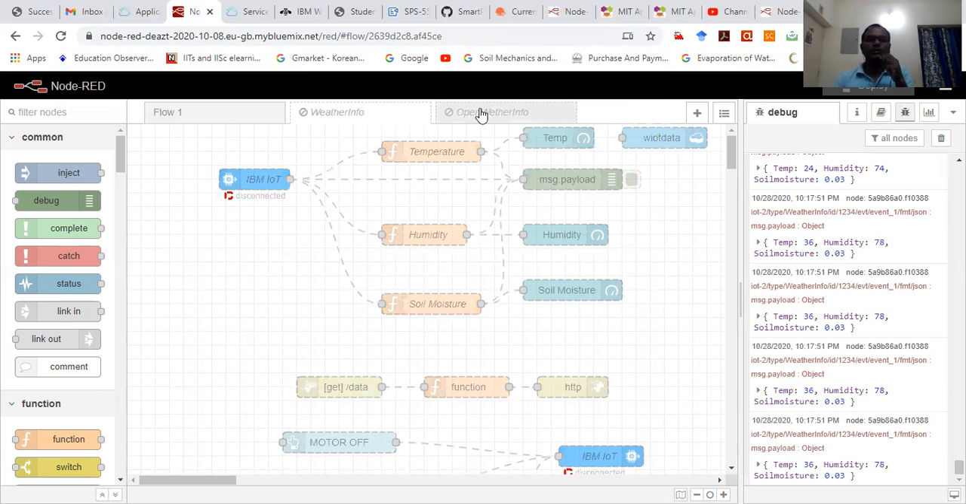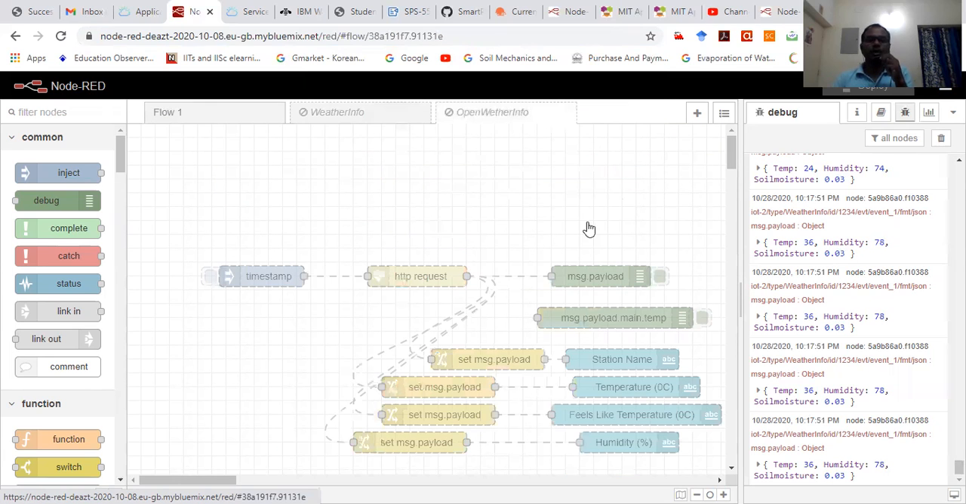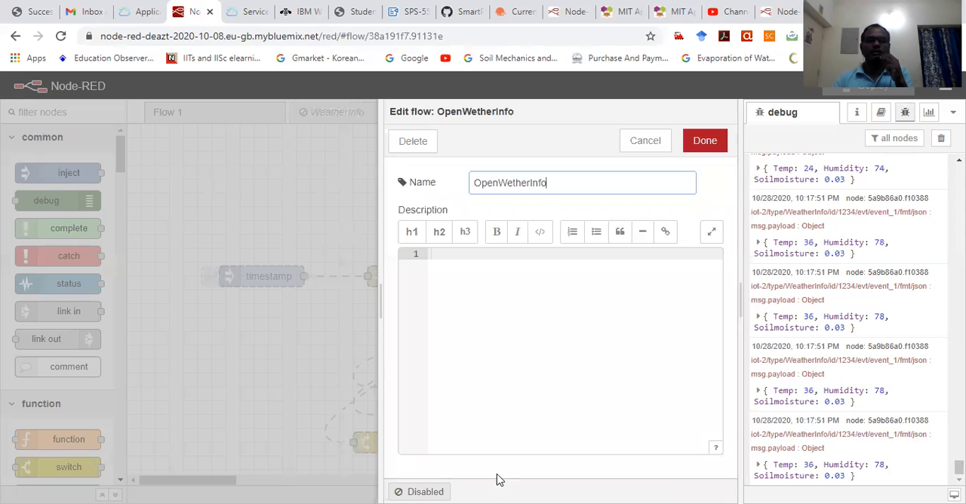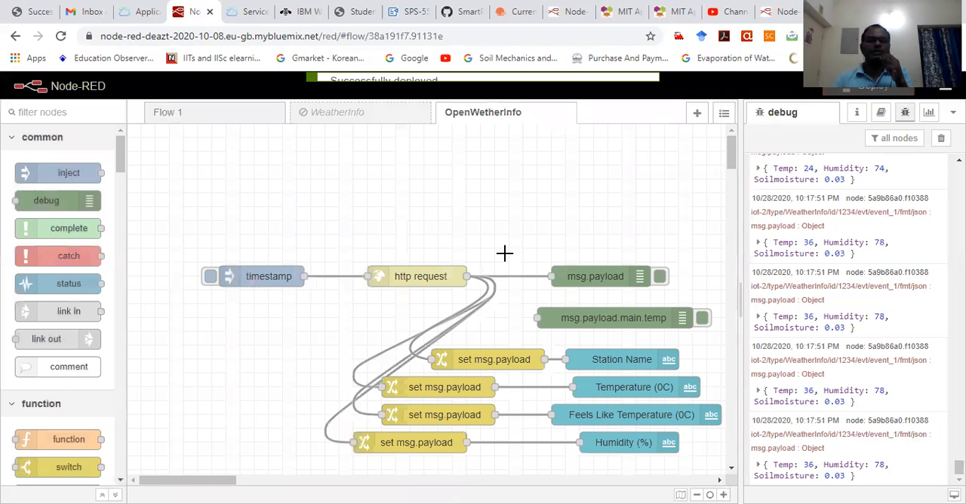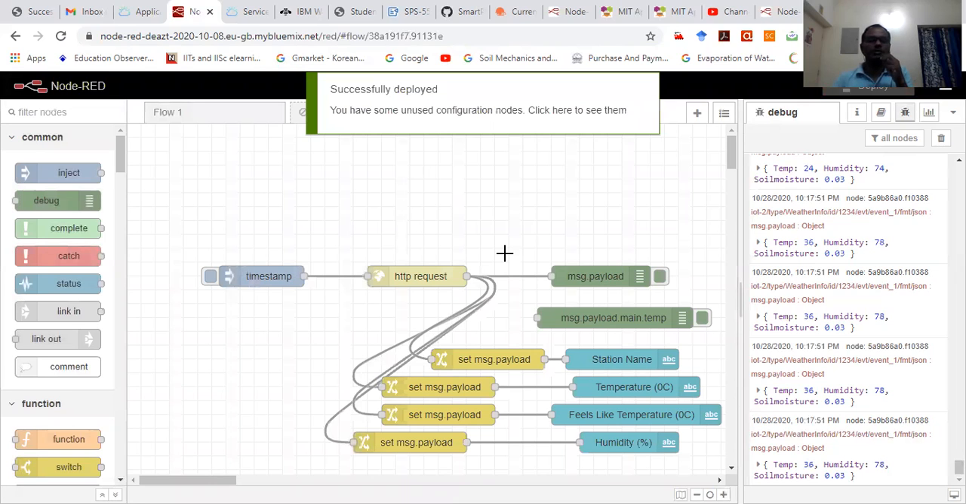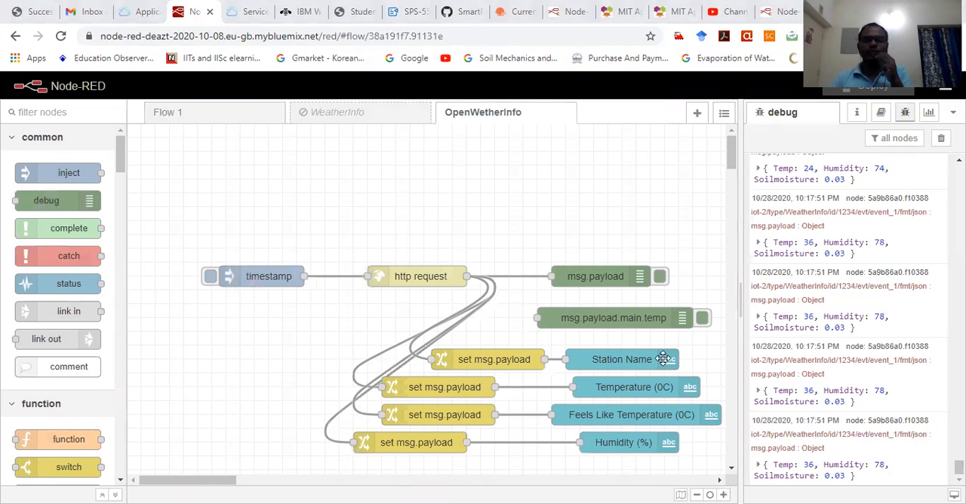Then I have to open this one. This I have to enable. Then done. Deploy. So in this case, I have created the nodes to get the information from the website on the open weather information. There I have opened my user ID,